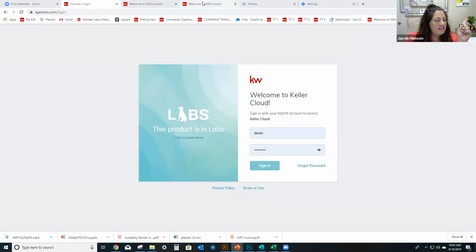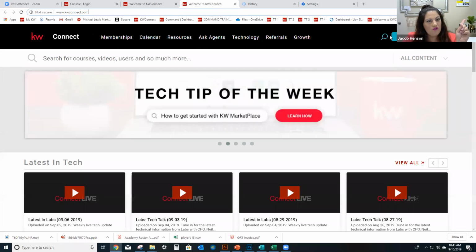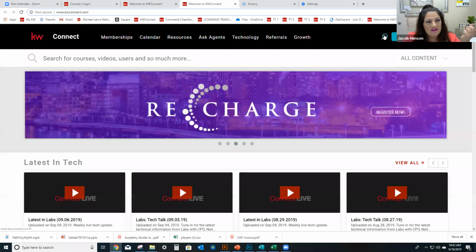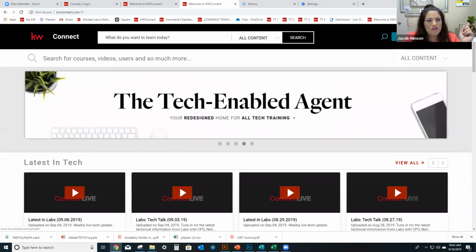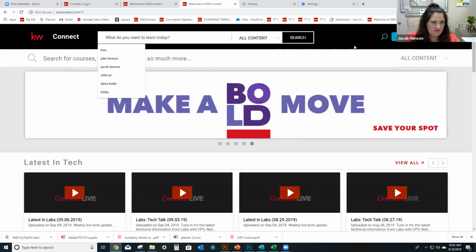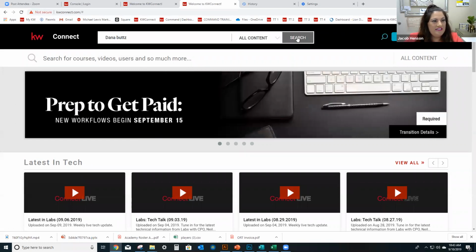Okay, if we come over to Connect, I'm going to move us out of here. If you click, see this little magnifying glass right here? If you click it, it opens the search bar. Click, click, click, click. Don't click the upload button, that's for videos. So if you click the search magnifying glass and you type my name and then hit search,